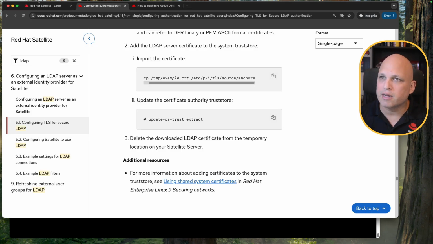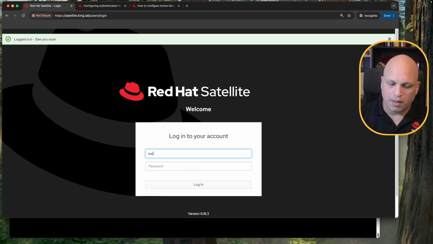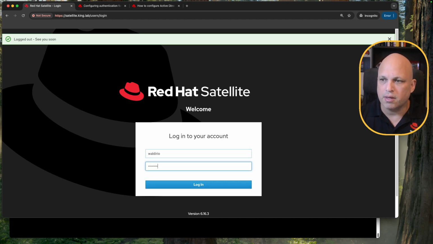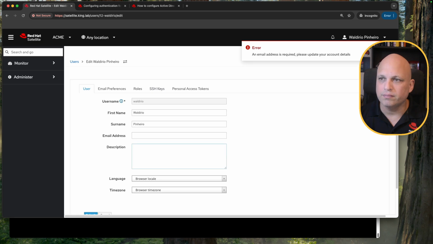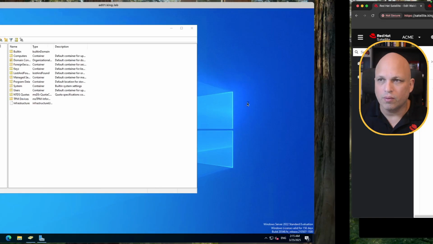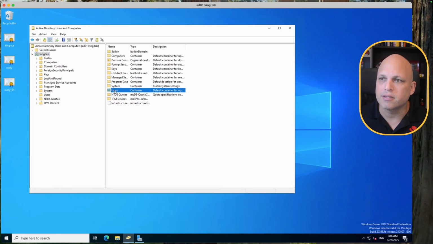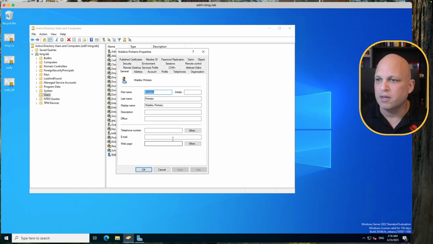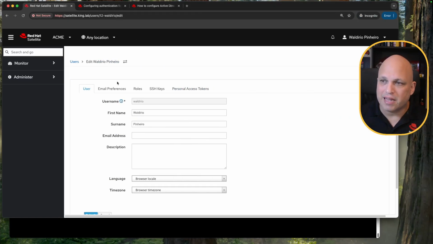So if we come back to the Satellite web UI and type the username and the credential, now we can see this screen. An email address is required. Please update your account details. This is very common to happen when we have situations like this. So let me open my user and you can see there is no email in your Active Directory account. If there is no email in your Active Directory account, yes, this is a thing that is going to happen. And then you can say, hey,